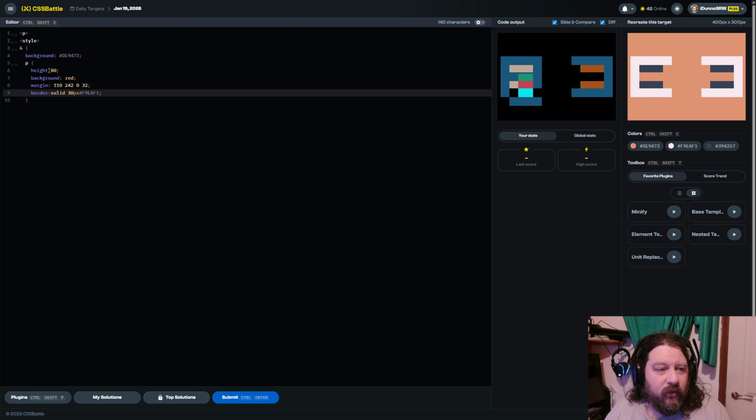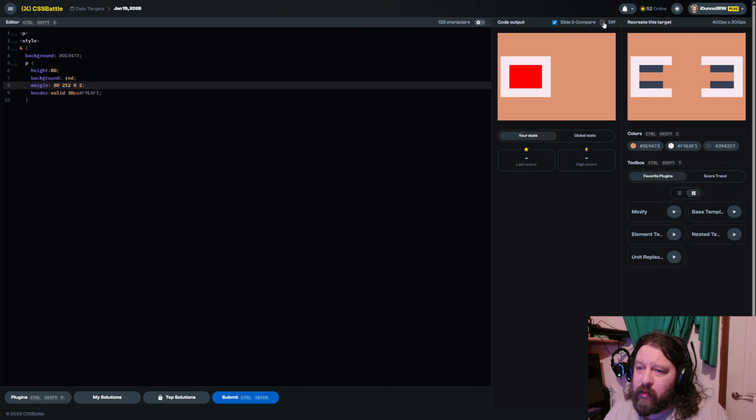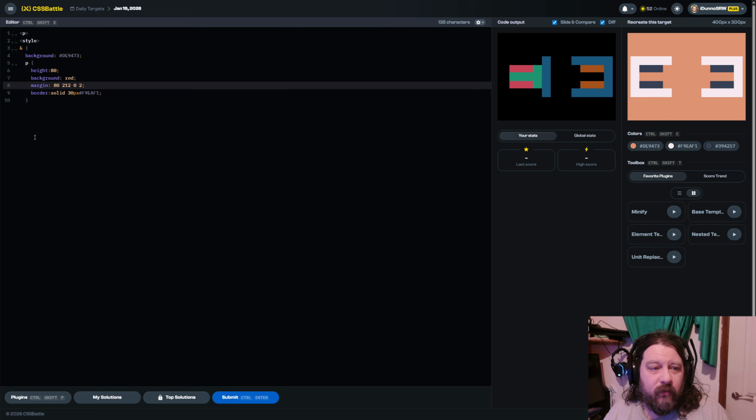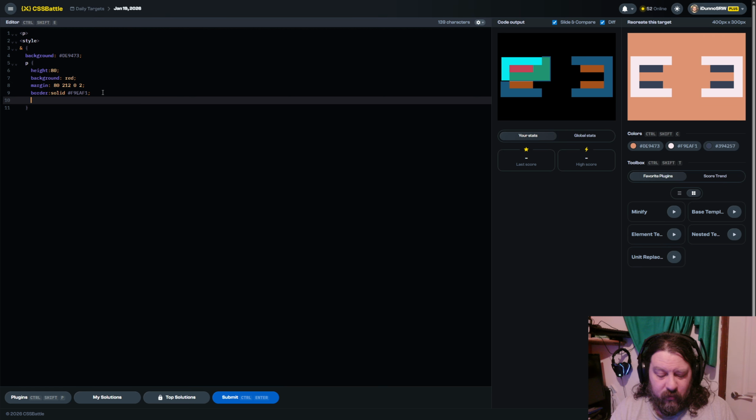30 pixels looks about right though. Move it up there. And then that 2. And 212. No. Okay. Now we do for the width